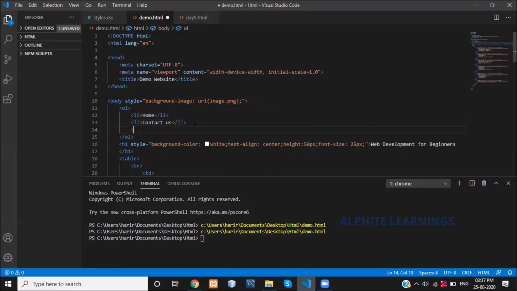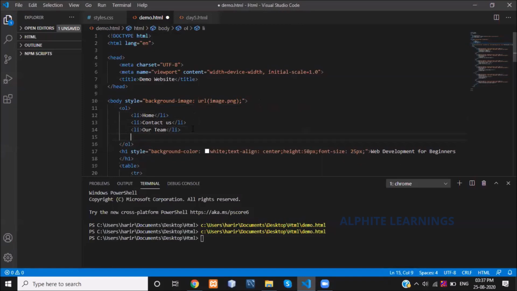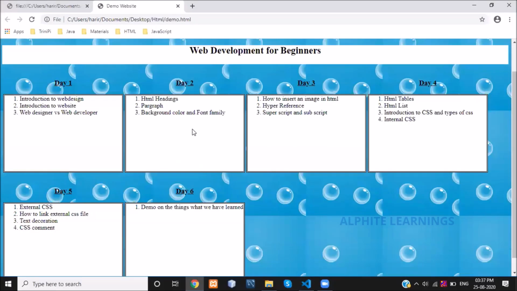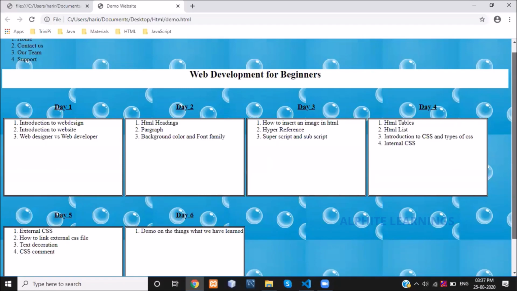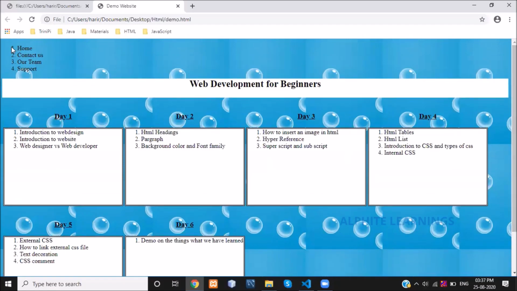Then the third is something like Our Team. The fourth one is Support. Let's see how it is replicating. See, it is replicated at the top, right?